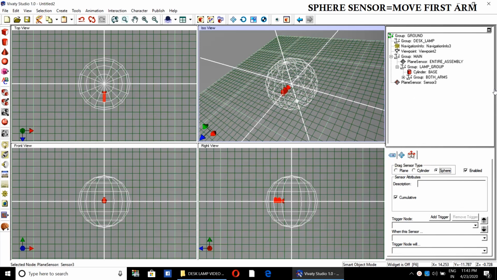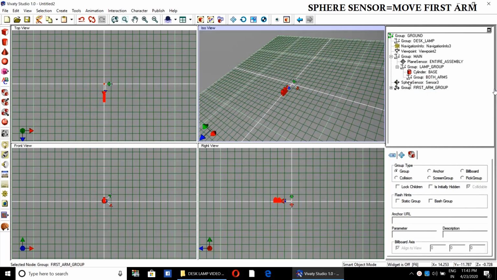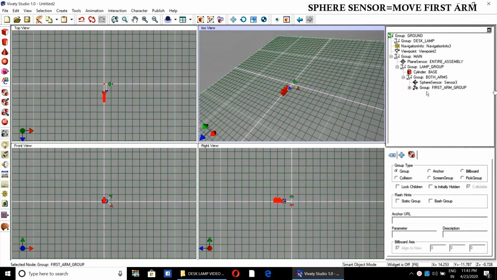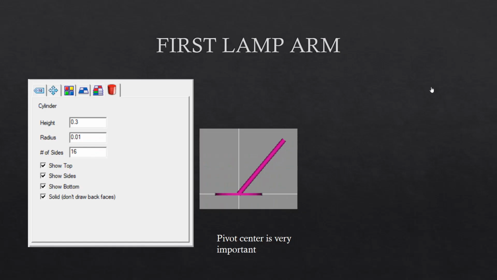Then give appropriate name. You can give the name in the next step also. So I have arranged the plane sensor at proper place.